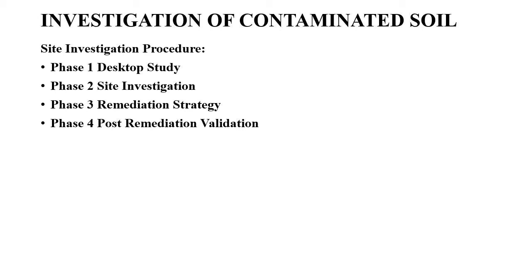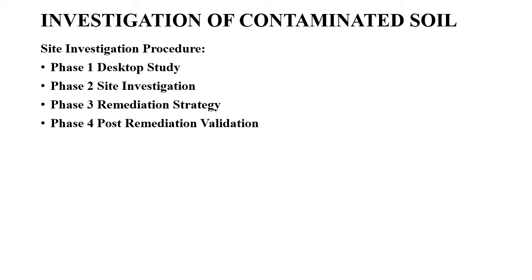Okay, so phase 4 is post remediation validation, which means once you have remediated the contaminated land, then you have to certify that there is no more contamination prevailing in that area, or in your soil or water. So you have to do the additional test and analysis to make sure that contamination is no more prevailing in your soil samples or water samples, and that proper remediation technique which has been applied has become successful, and now the land is suitable for any proposed future use.